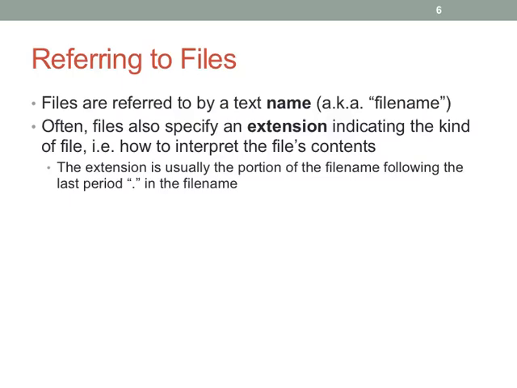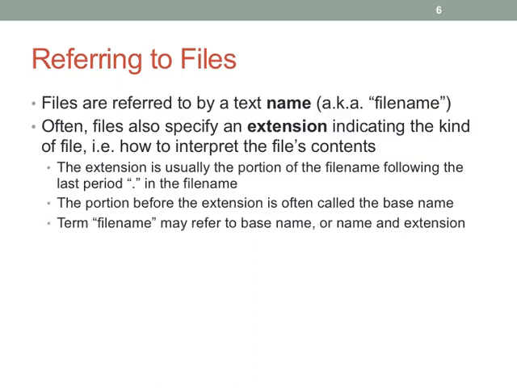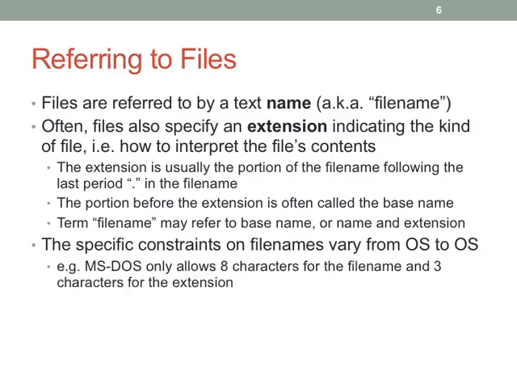Or if you have multiple extensions, you may have a dot and then an extension and then another dot, like tar.gz would be a great example where you'd have multiple extensions. Okay. So the part before the extension is called the base name, and so you have a base name and then an extension that is supposed to indicate what kind of file it is. Okay. And so the term file name can either refer to the base name or the extension, depending on the context. Some OSs impose a constraint. So old DOS, again, would have 8.3 characters, and that would be the way that the file name was specified. That was always fun. Probably none of you have worked with an OS like that, I hope.